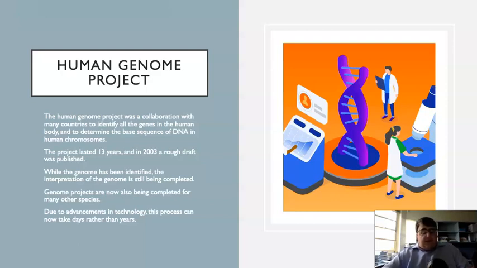This process has actually been sped up a lot now. We've been doing it for other animals, and it can essentially take days now instead of years. You can do it on a personal scale. You've got companies like 23andMe, I think there's one called DNA&Me, I'm not sure of that one. Basically you can give them a sample of your DNA generated through saliva, and within a week or two they'll send you your genetic information, the genetic diseases you may suffer from based on the genes you have, etc. And then there are a lot of other problems with that, which we'll discuss in class,